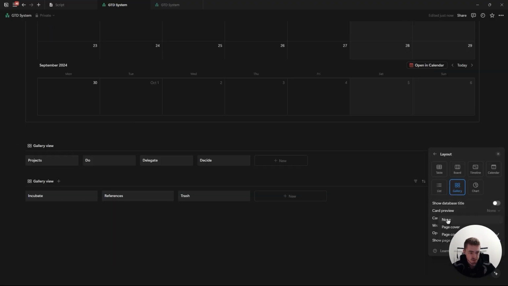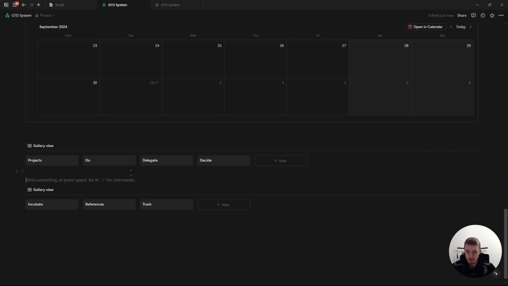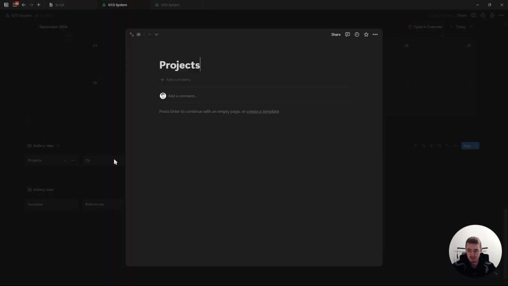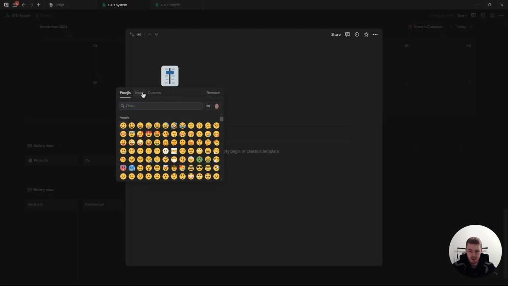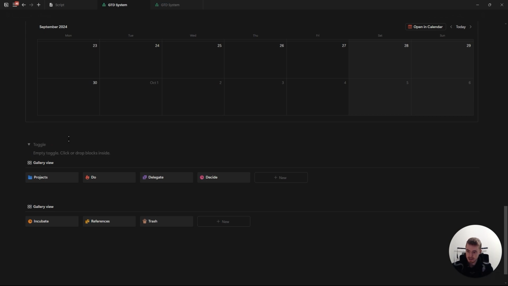So change the card preview to none, change the card size to small. And yeah, now we got our different pages that we would open when we click the navigation bar. And then also just make sure that you click on each of them and just add an icon for all of them. Now that I've added icons for all of them, what I'm going to do is create another toggle,